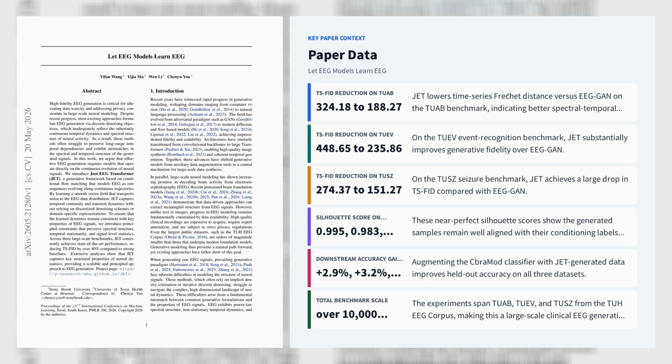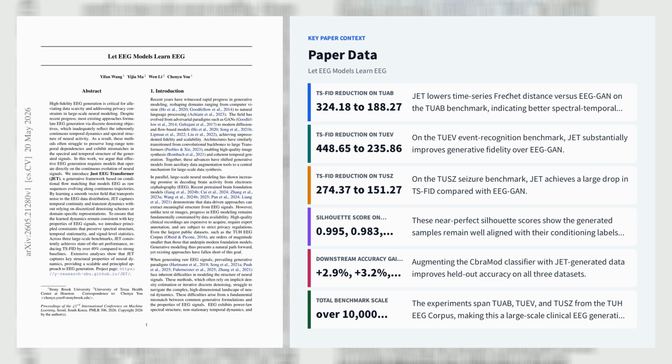Its core novelty is a set of structure-preserving constraints: an L1 reconstruction loss motivated by a Laplacian prior, a statistical consistency term matching per-channel mean and standard deviation, and spatial-temporal regularizers using temporal total variation and Pearson correlation. On three TUH EEG corpus benchmarks, TUAB, TUEV, and TUSZ, totaling more than 10,000 clinical sessions,